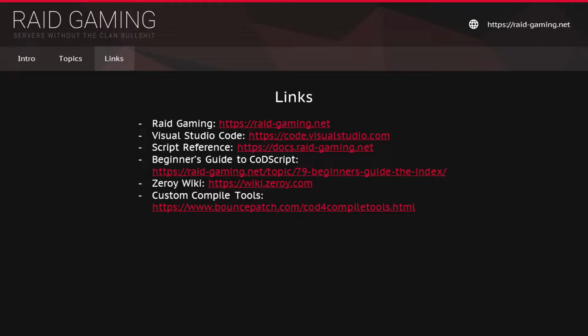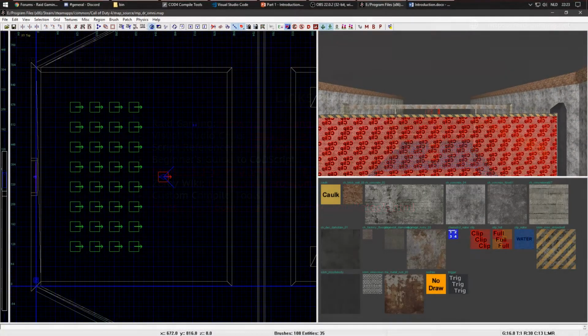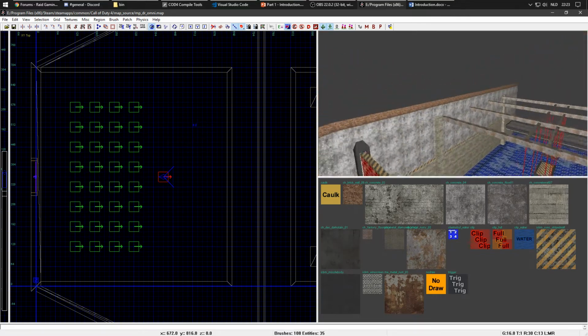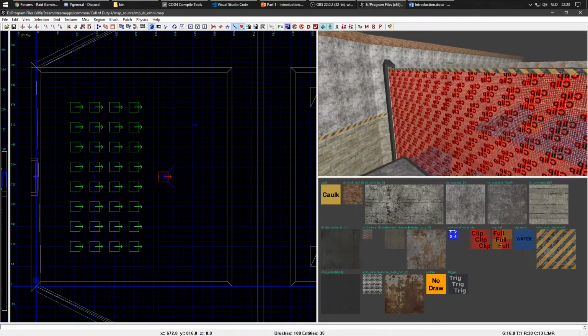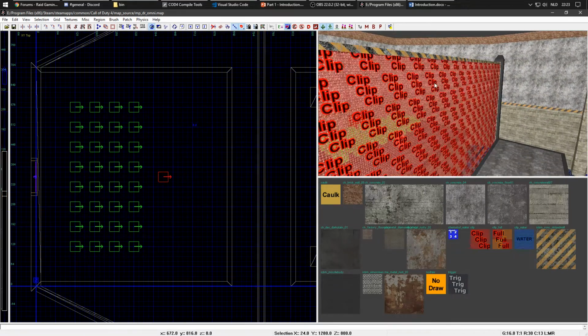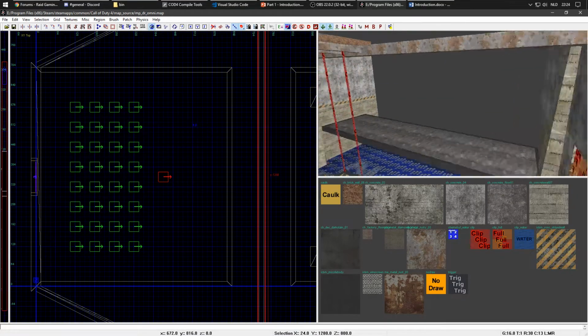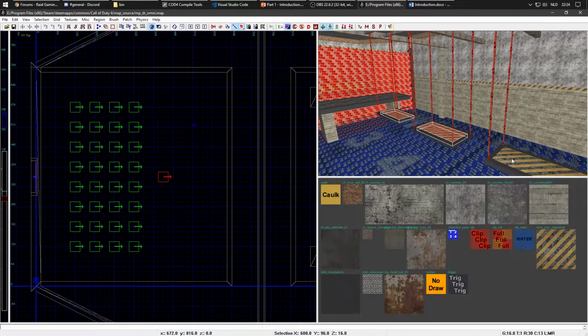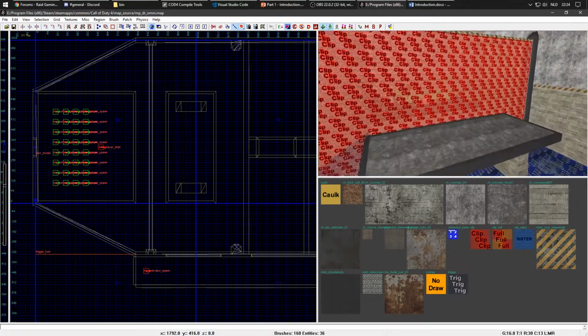Right, I'd say it's time to hop into Radiant then. As you can see, I've prepared a small section of a map we'll be working on throughout the series. This is going to be our start door, and this is going to be our first trap here. So first things first,